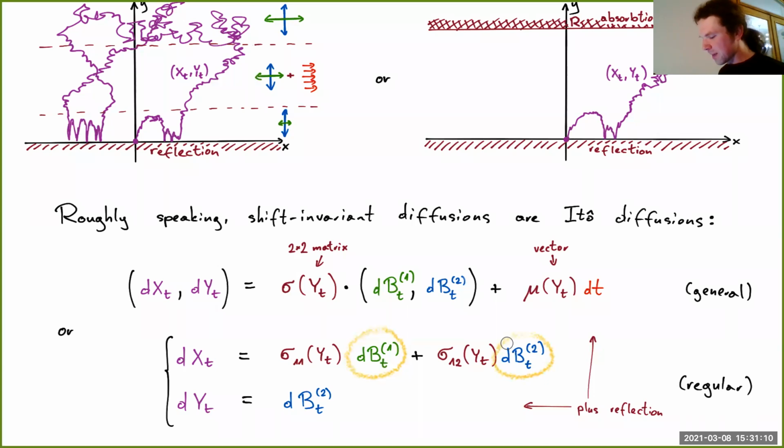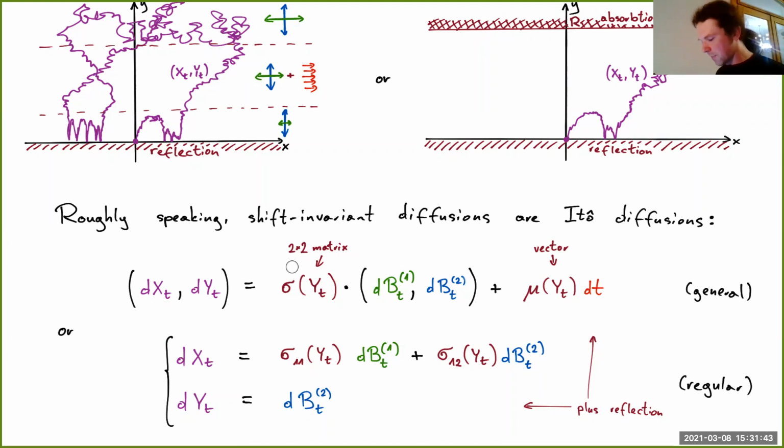And that's it. That's not strictly true for at least two reasons. One of them, the simple one, is that you need to add a reflection, and that we know well how to do it using local times. And the other reason is that, in fact, our setting is a little bit more general. So we allow sigma to be somehow singular. So it can be measure valued, it can be zero at some certain parts of our space, and so on. So Ito calculus is not enough to handle all possible cases, but it's a good way to think about